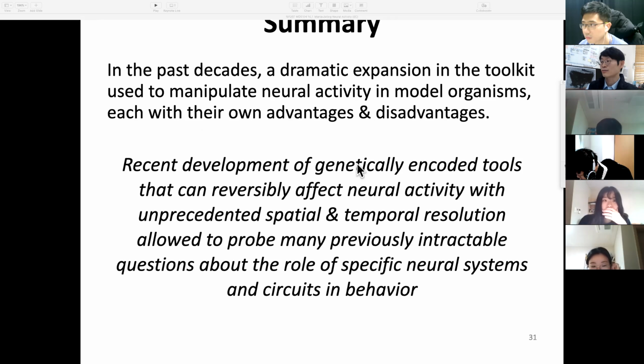Recent development of genetically encoded tools can reversibly affect neural activity with unprecedented spatial, temporal and cell specificity, which allows us to probe many previously intractable questions about the role of specific neural systems, cells and circuits related to behavior and human neurological disease. So with that, I think I'm going to finish